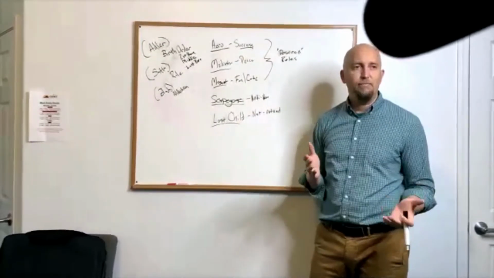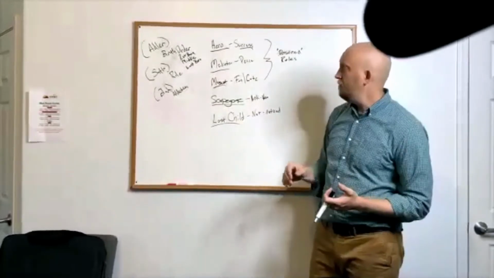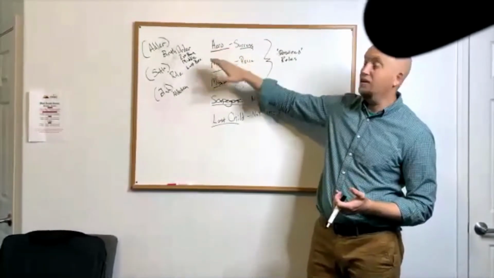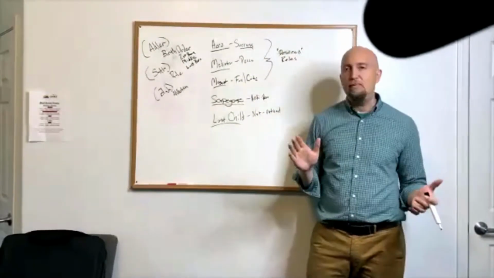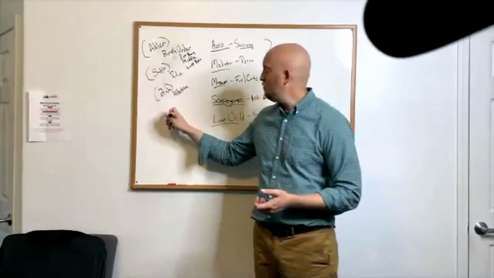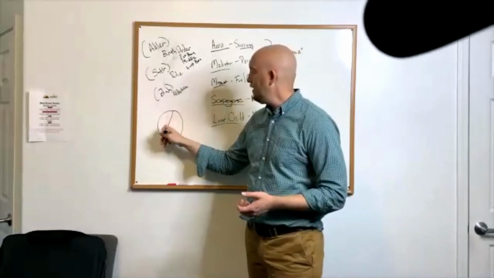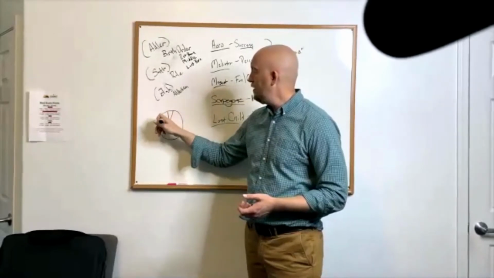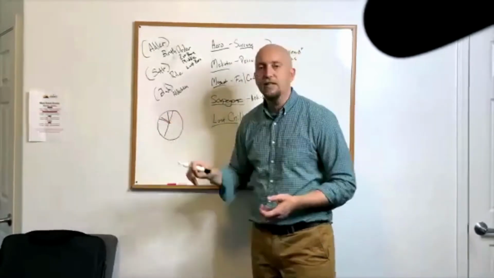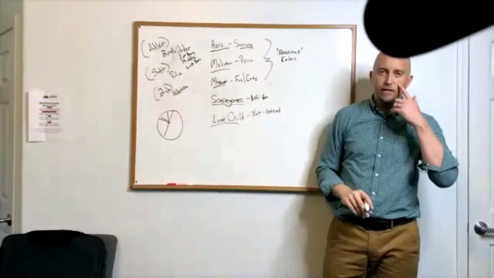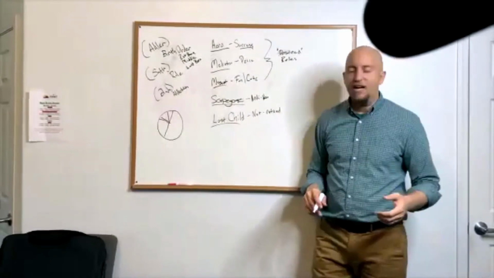Now, here's where things start to get pretty interesting, because again, nobody says, well, I am 100% one role. Maybe some people do, but very few people are 100% any of the roles. It's really much more of a pie chart. Maybe you're 50% this one, 30% this one, and then one you don't have hardly any of, and the other two are a little bit similar to attachment styles.